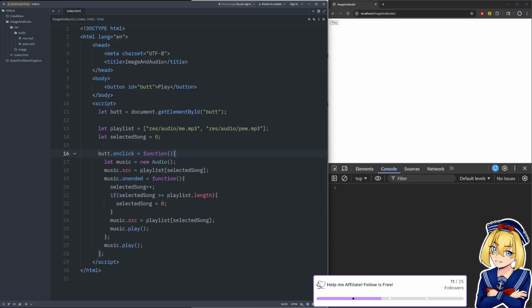I believe you could also do a sort of a like shuffle. You could, oh, shuffle array is what I wanted.